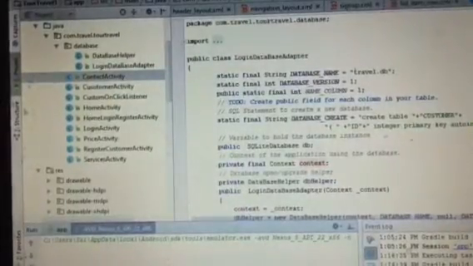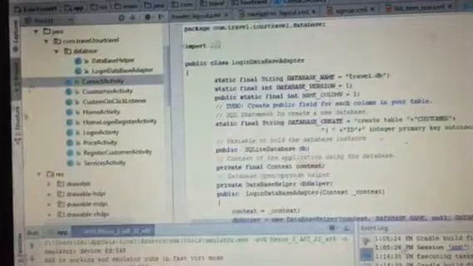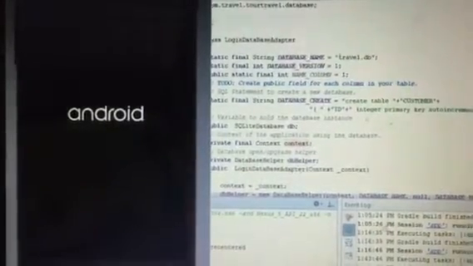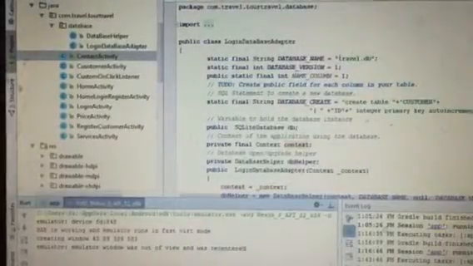You can see in a while the Android app within the emulator. Here you can see the emulator, and my project, the Tour and Travel Android app project, is being compiled within the emulator.